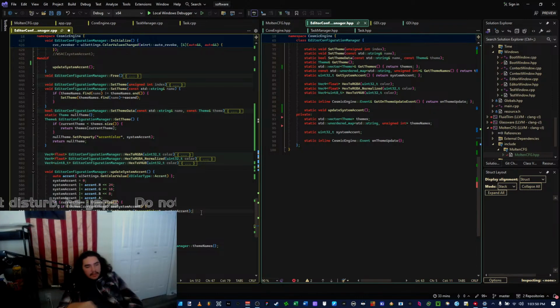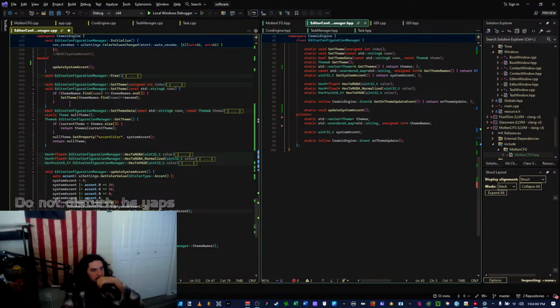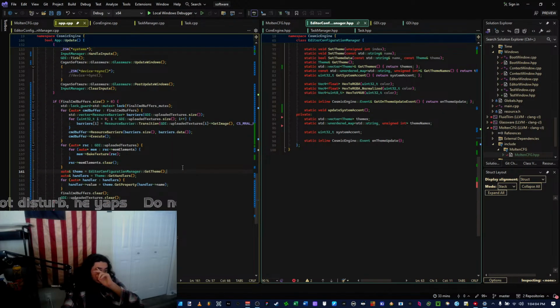Okay, I believe those two should now be done. Hopefully. There's something I gotta resolve in this file specifically. Okay, what the heck is happening? So, final command buffers, right?